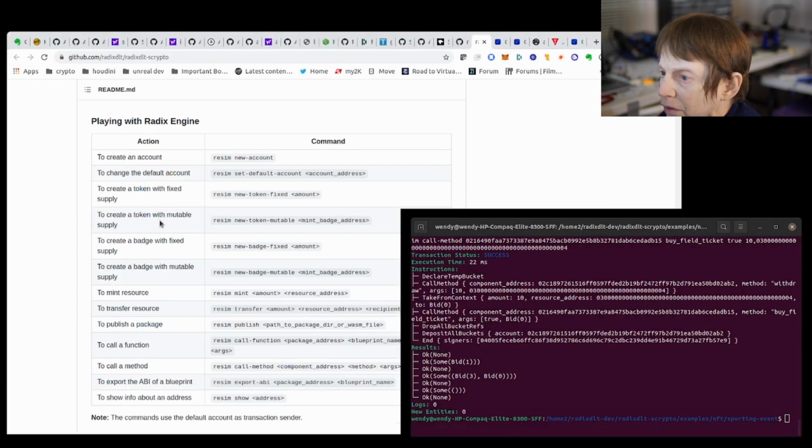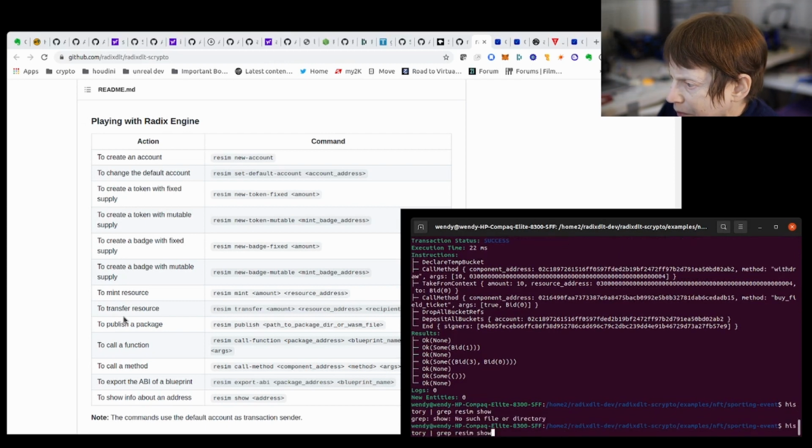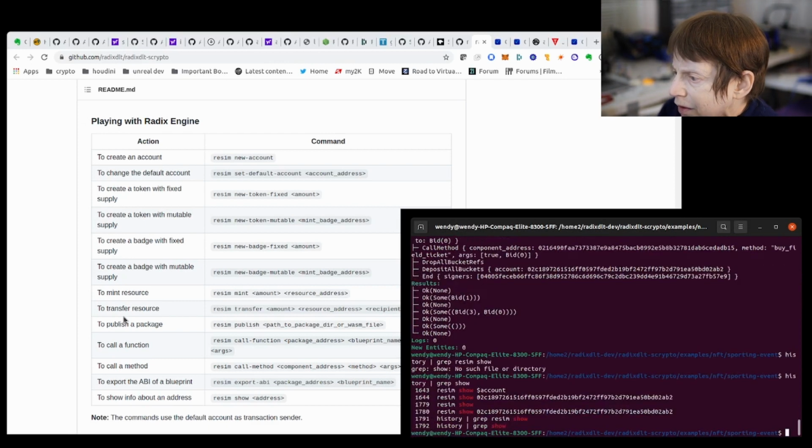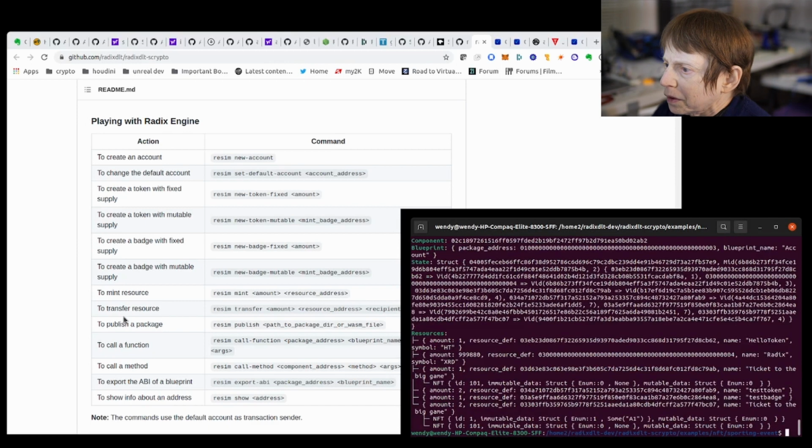And I can also, let me check. Okay, let me do this. I'm just going to do grep show. So what this is showing me is my account.